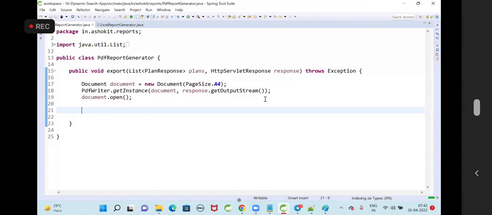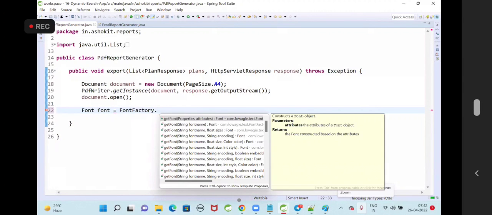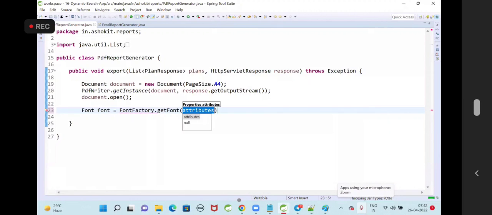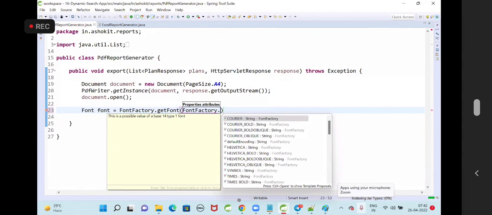Now, here I want to create some font to generate that PDF, guys. I want to go with font is equal to FontFactory.getFont. Now I want to apply some font style. Helvetica bold, like this I am taking the font style.